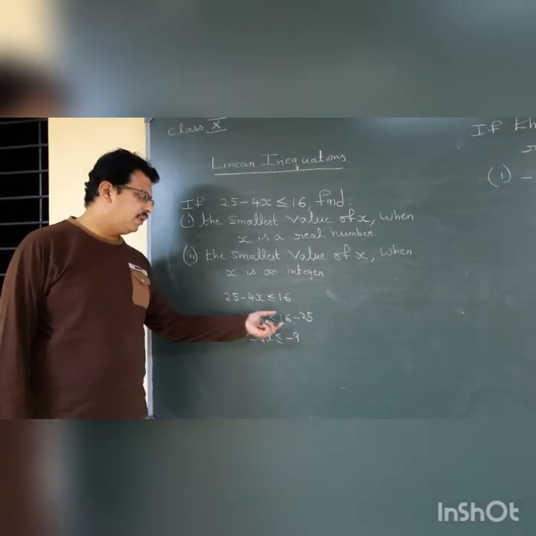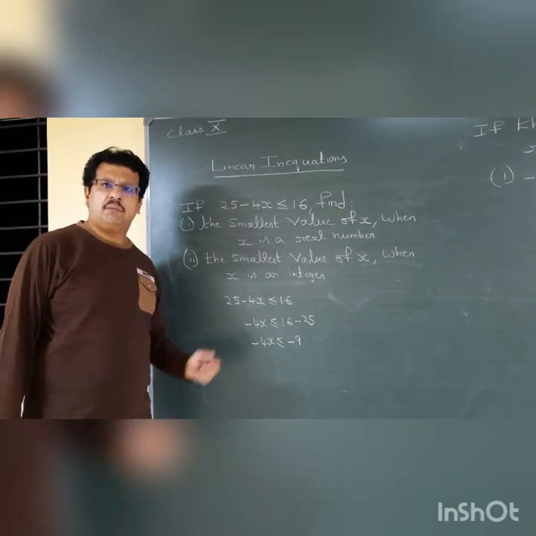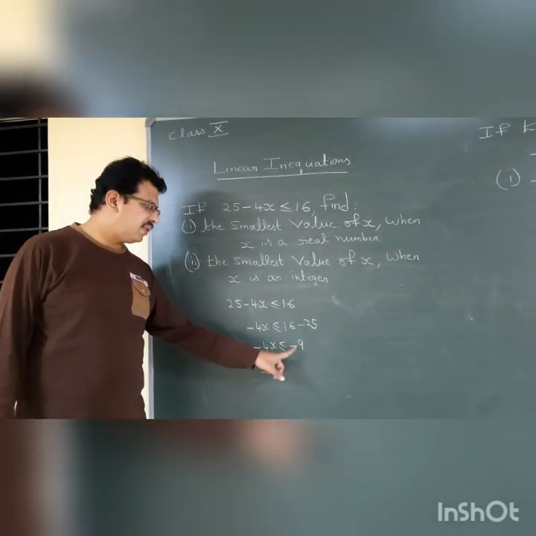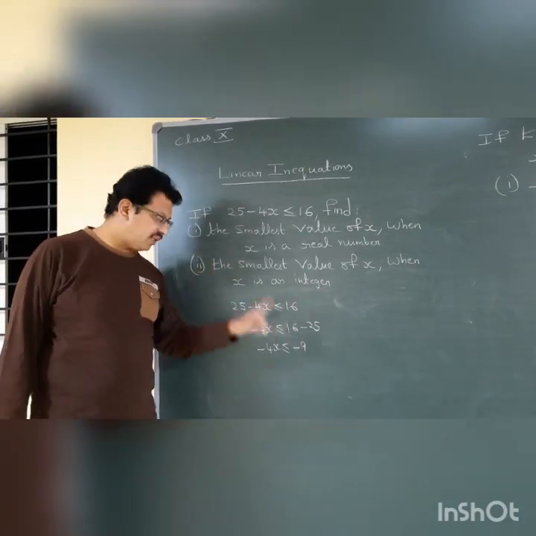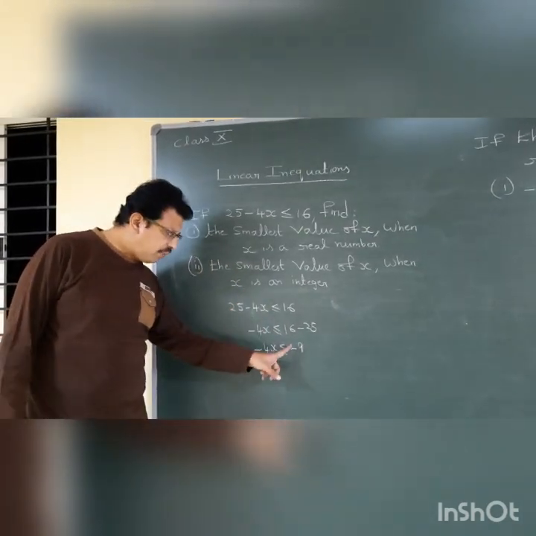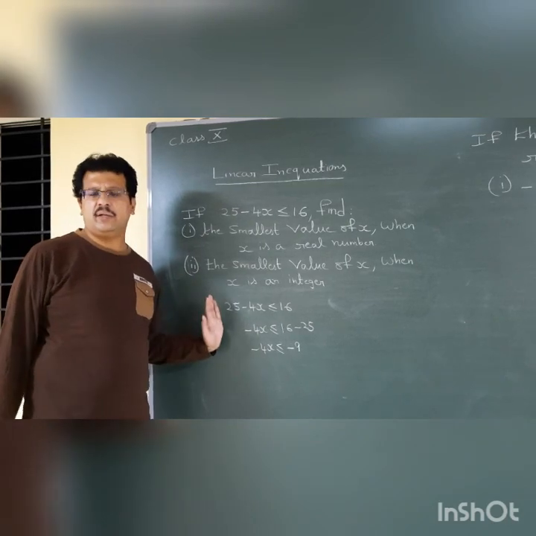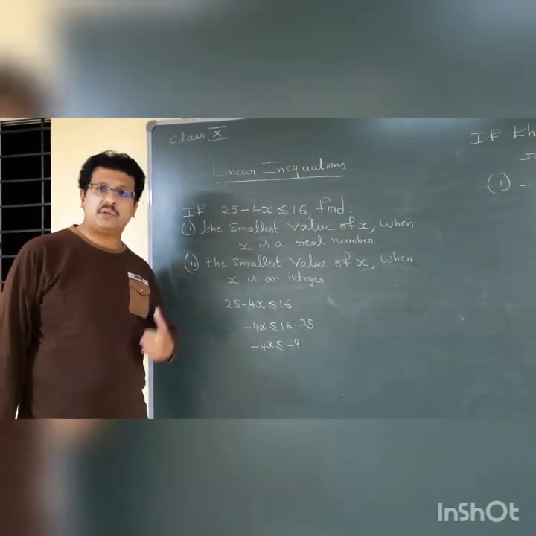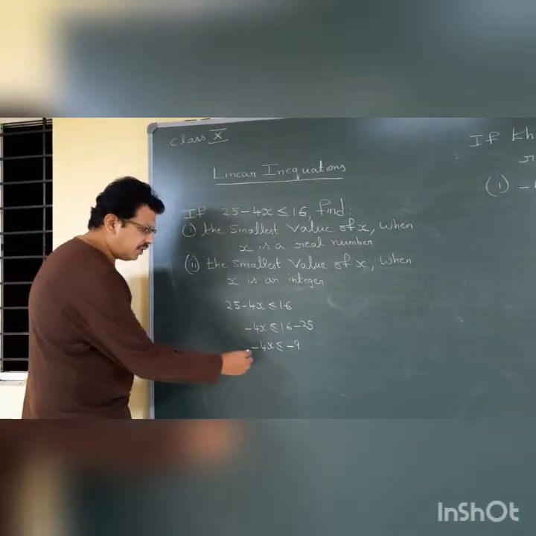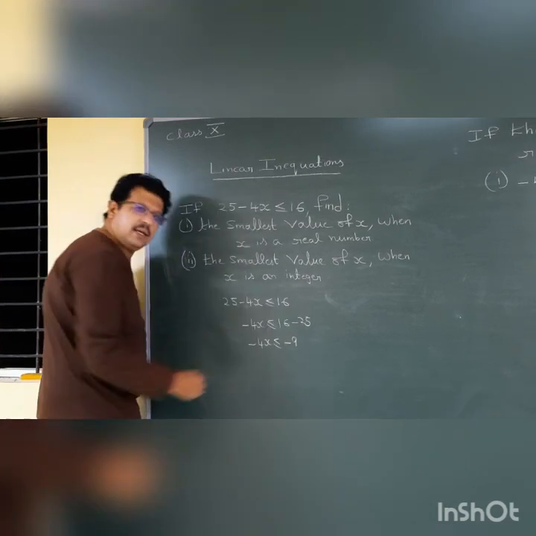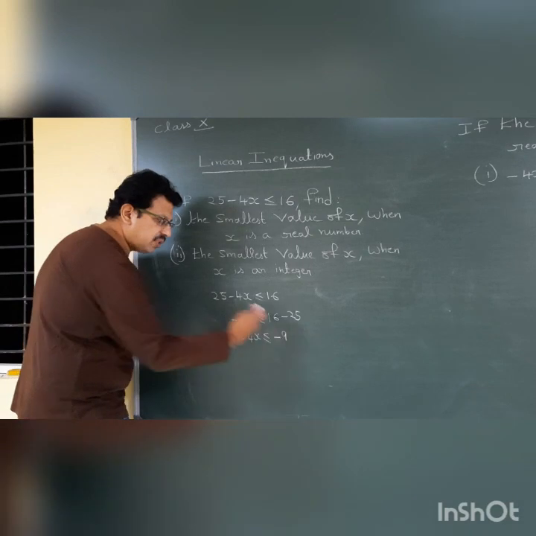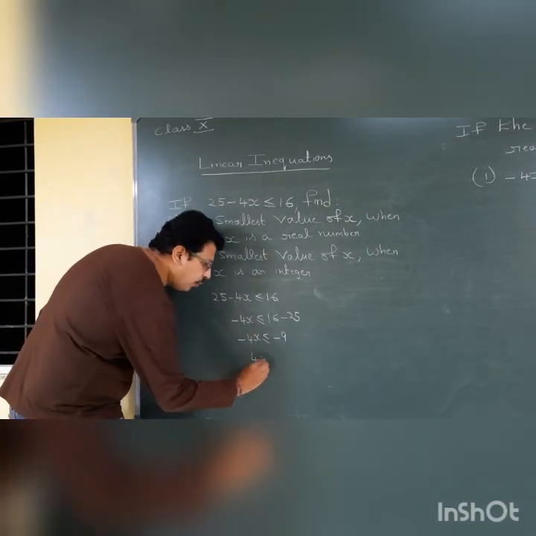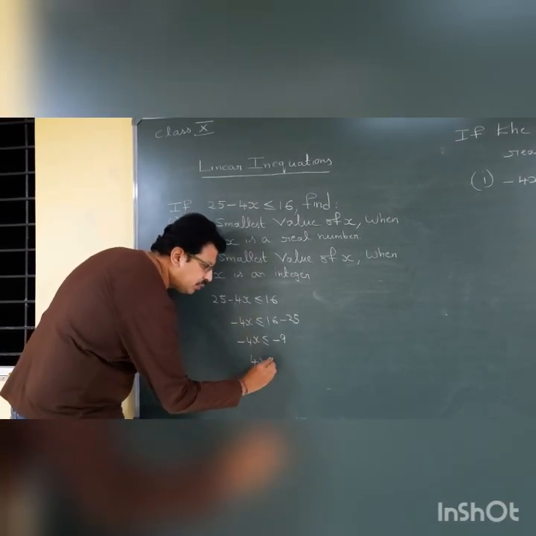Sometimes I see that in this simplification also they make a mistake. They don't write the minus, because for 16 minus 25 they just write plus 9. That's the biggest mistake. If you make one mistake also, the whole sum is wrong and you get 0. So be very careful about the sign also. After this, minus 4x less than or equal to minus 9. Again, we need to multiply both the sides by minus. If you multiply both the sides by minus, it becomes 4x, and the less than or equal to becomes greater than